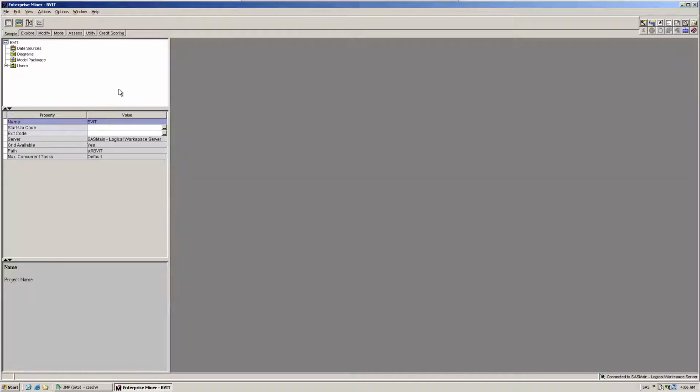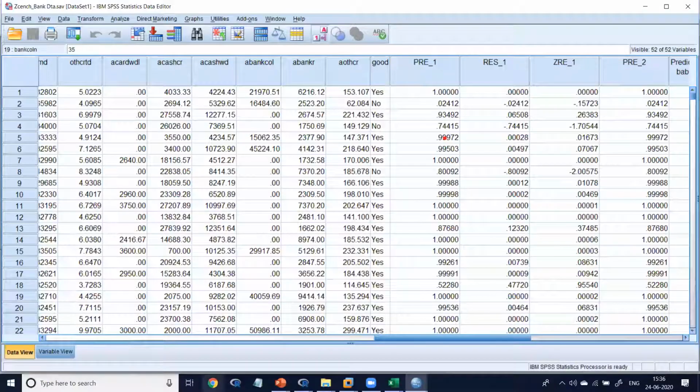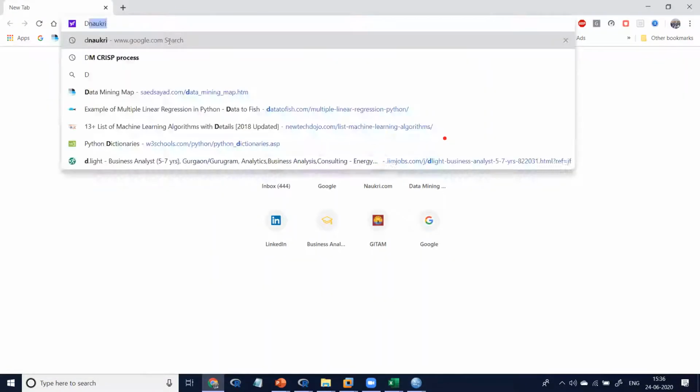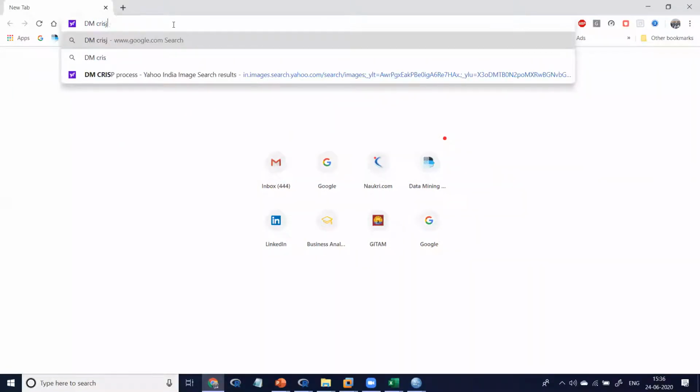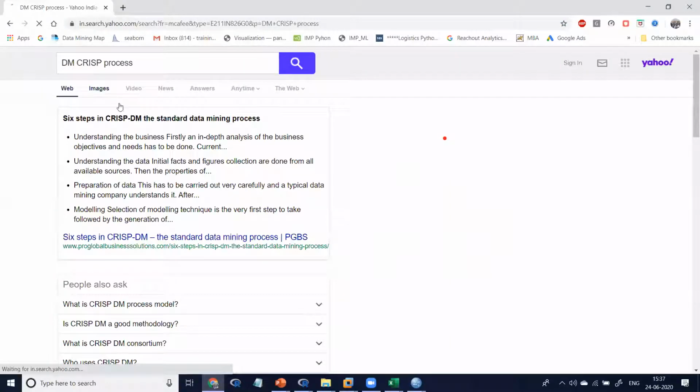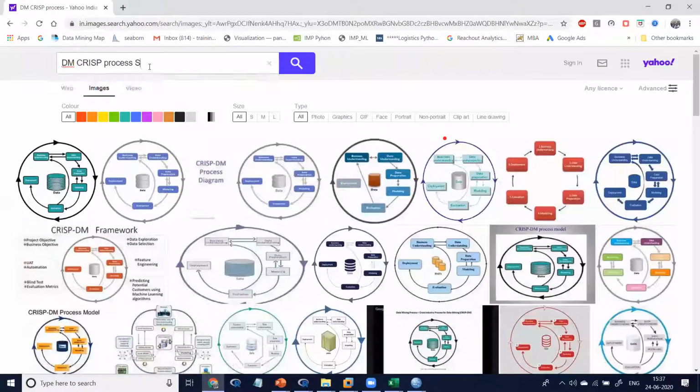On the first day we started with the CRISP model, CRISP-DM process. If you remember the beginning day, we followed this.